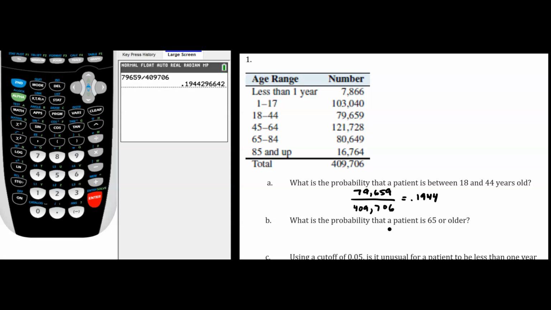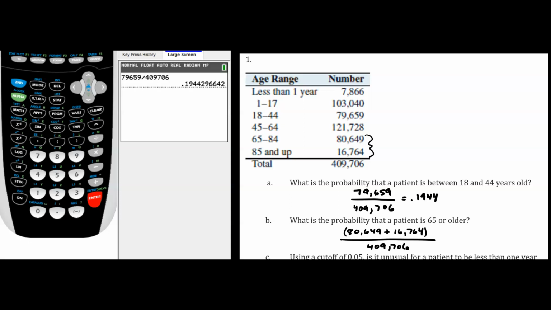Part B, what is the probability that a patient is 65 or older? So again, the counting principle says, let's add up the total number of patients that are 65 or older. That's everything that we have here, 65 to 84 and 85 and up. We're going to add this up, and then we're going to divide by our grand total. So let's do 80,649 plus 16,764 and divide by our total of